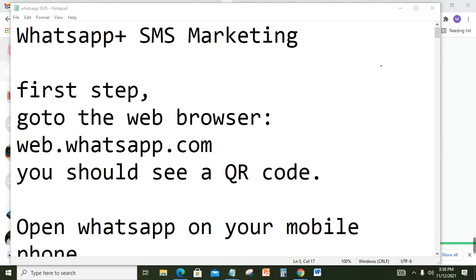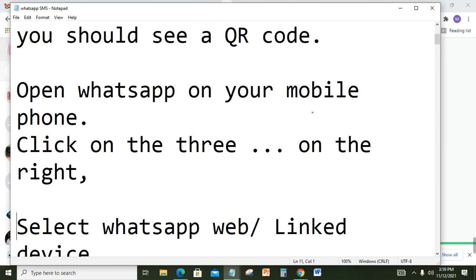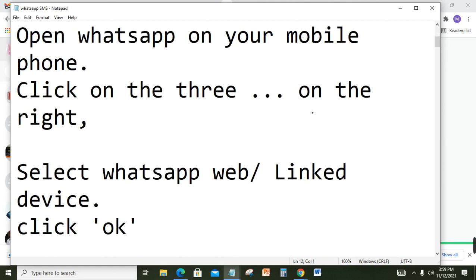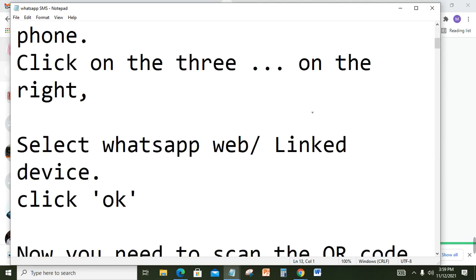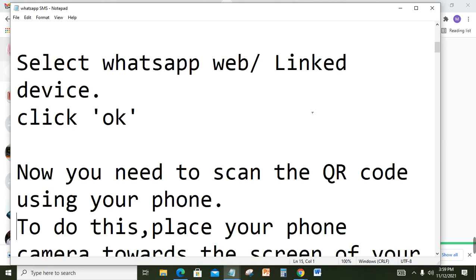If you are doing this for the first time on the browser, then you need to open your WhatsApp on your mobile phone. Click on the three dots on the right, select link devices. Once you click on link devices, if you have a password, pin, or security on your WhatsApp, you need to unlock your phone with the password or fingerprint. Then you click on continue. OK. Now you need to